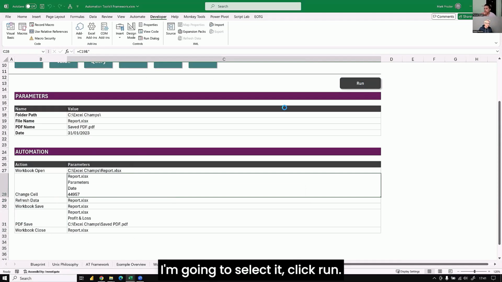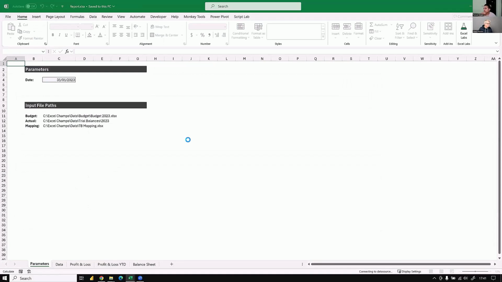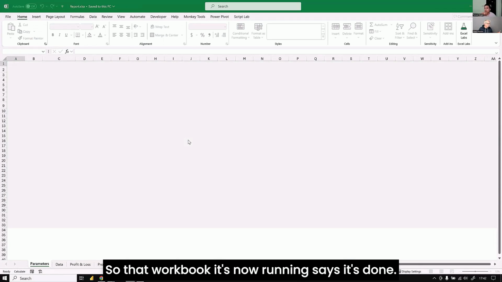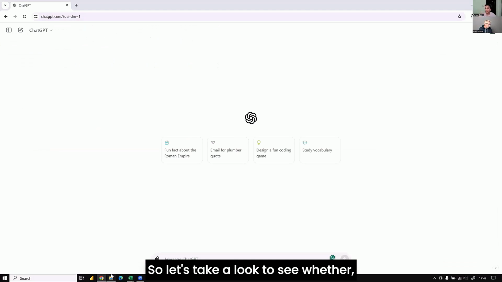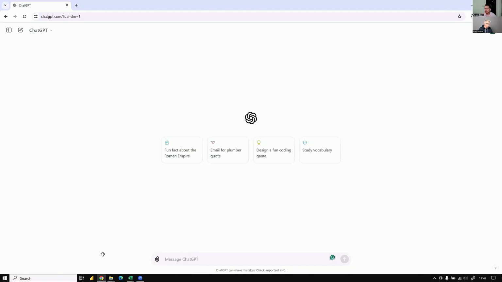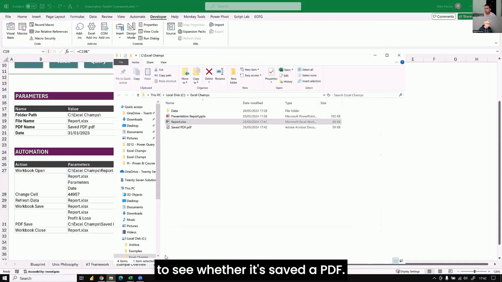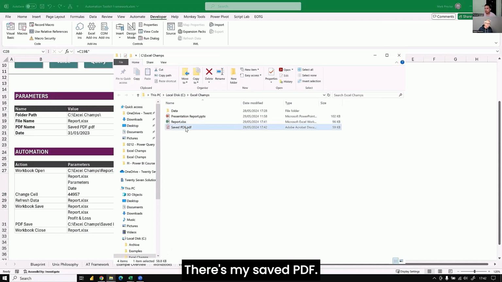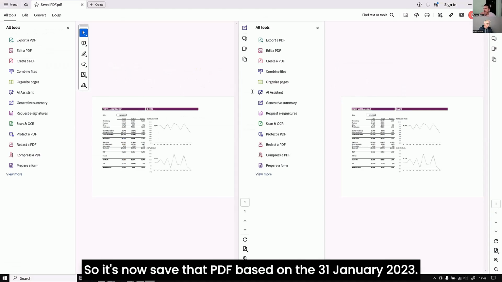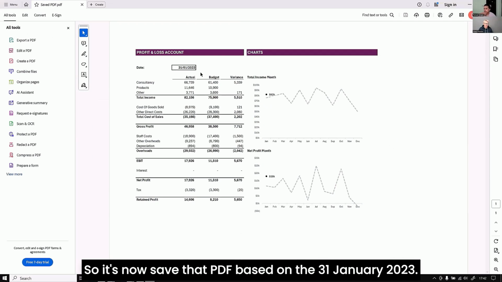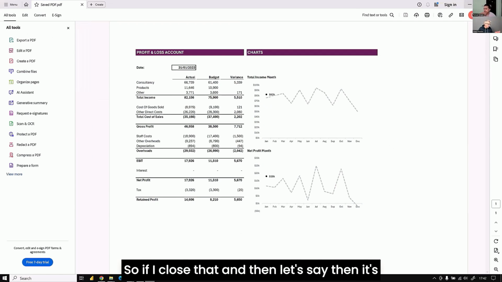So let's try this. I'm going to select it, click run. So open up that workbook. It's now running. It says it's done. So let's take a look to see whether it's saved a PDF. There's my saved PDF. So it's now saved that PDF based on the 31st of January 2023. So if I close that,